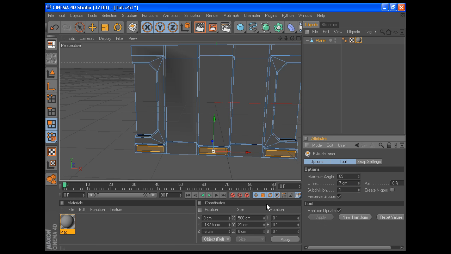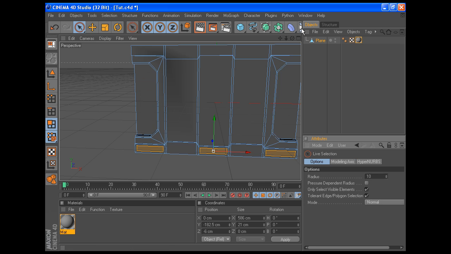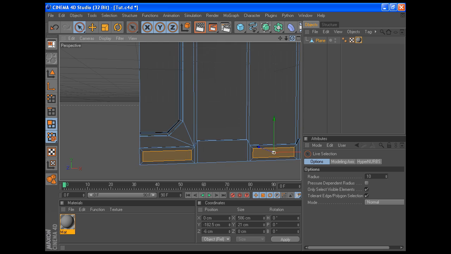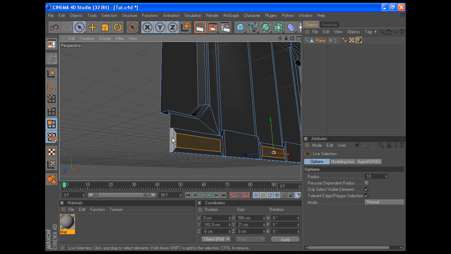Okay, next we're going to select a few polygons. This is going to be a little tricky, but I hope you guys can follow. I'm going to select the one right on the side. And if you're not able to select them, what you can do is set the radius down to 1, so that it limits your selection, so you can select it better. Select that polygon. I'm going to select that polygon,